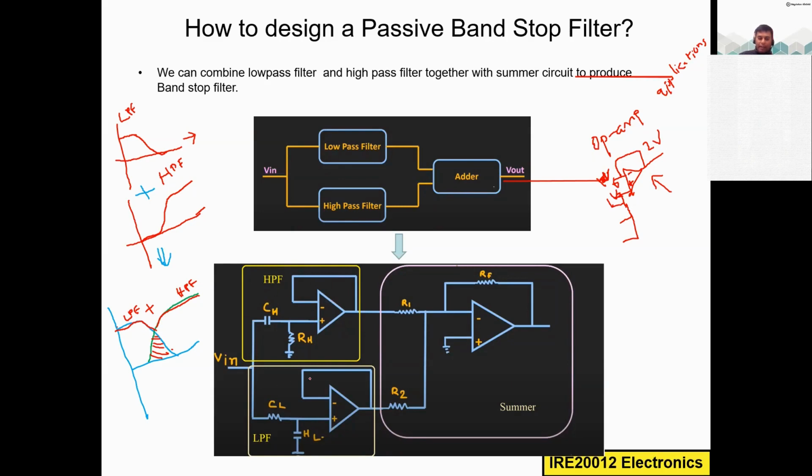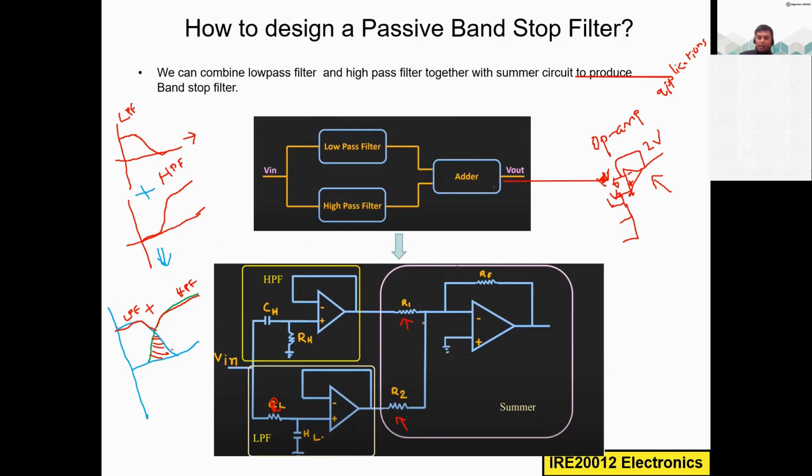And here we have the active low pass filter. In the active low pass filter, the component location is different. For example, this resistor is the RL. The resistor is in series and the capacitor is in parallel, with the other end grounded, and we are giving the output of this low pass filter to the positive terminal of the operational amplifier. We have this unity feedback loop, and we are getting the output, and we are using simple